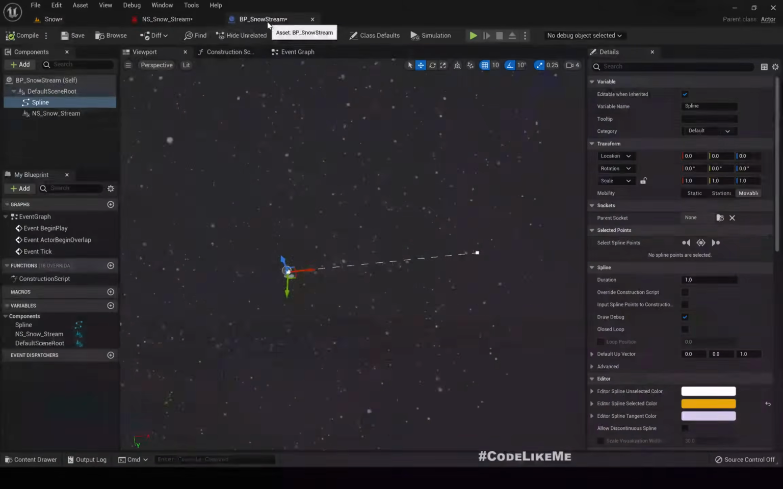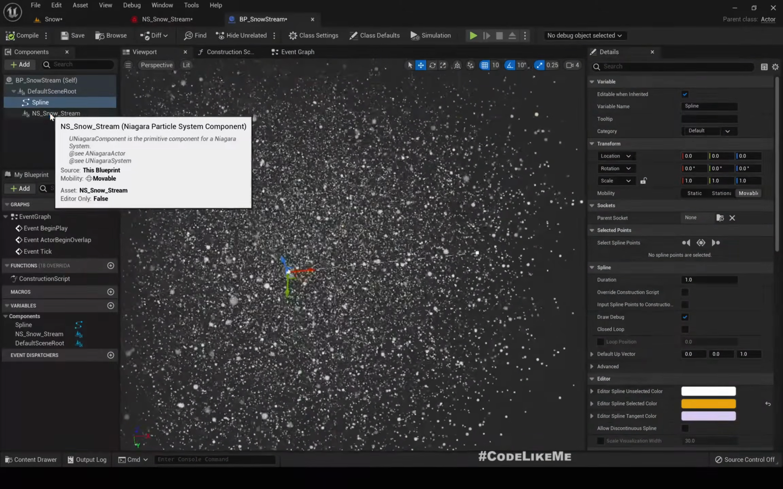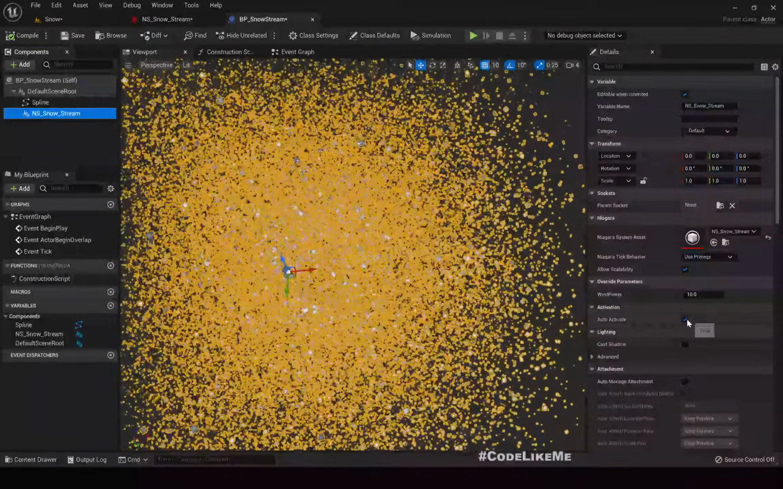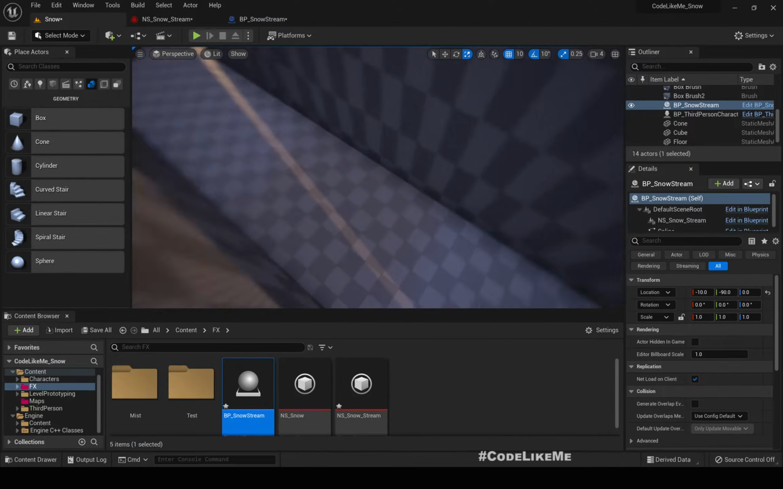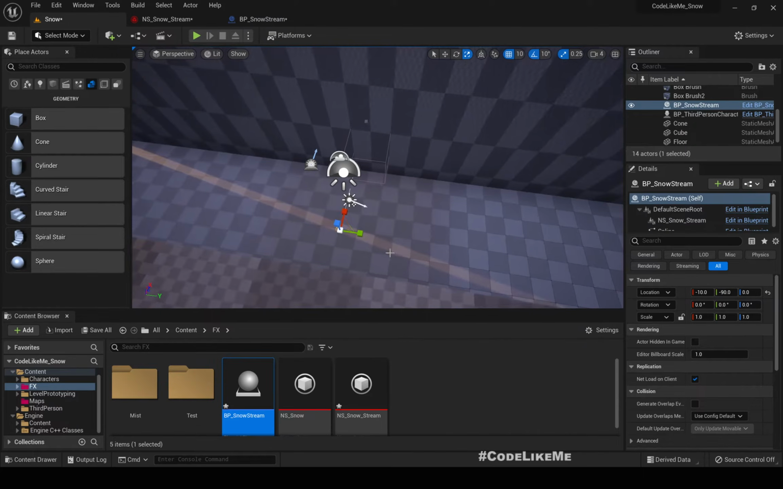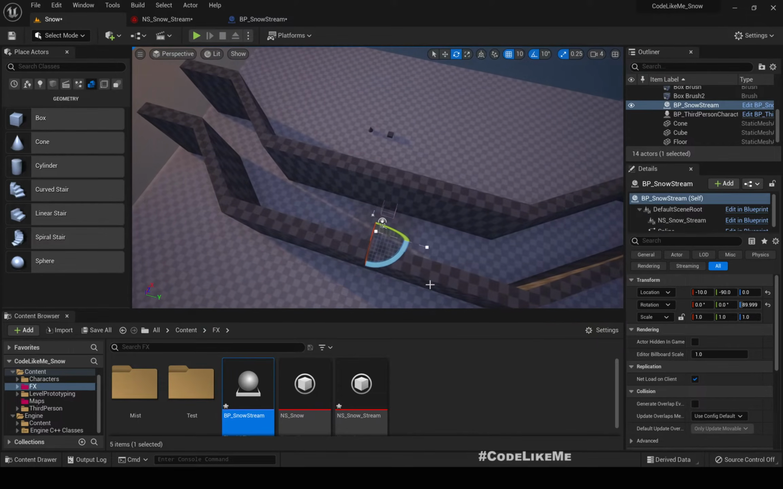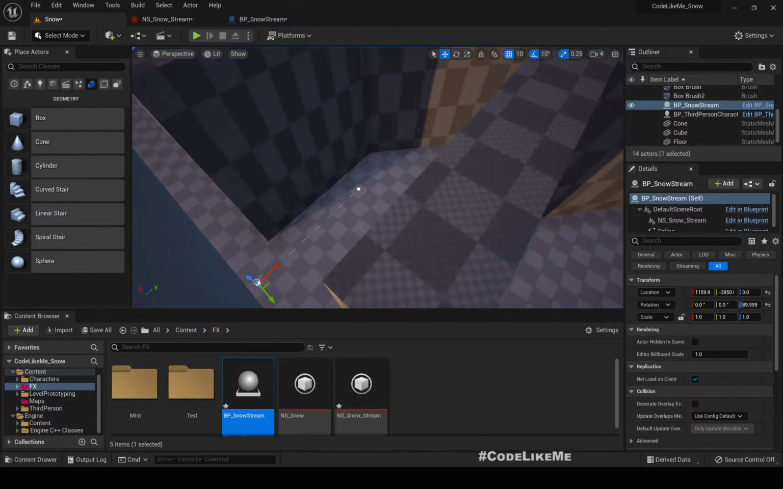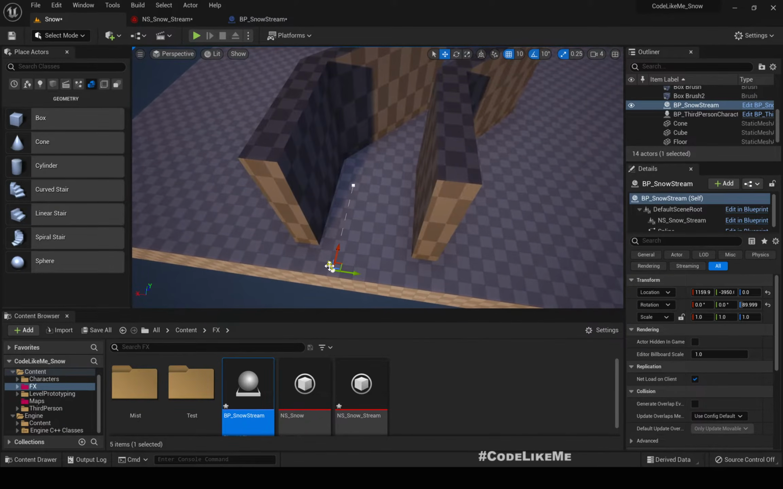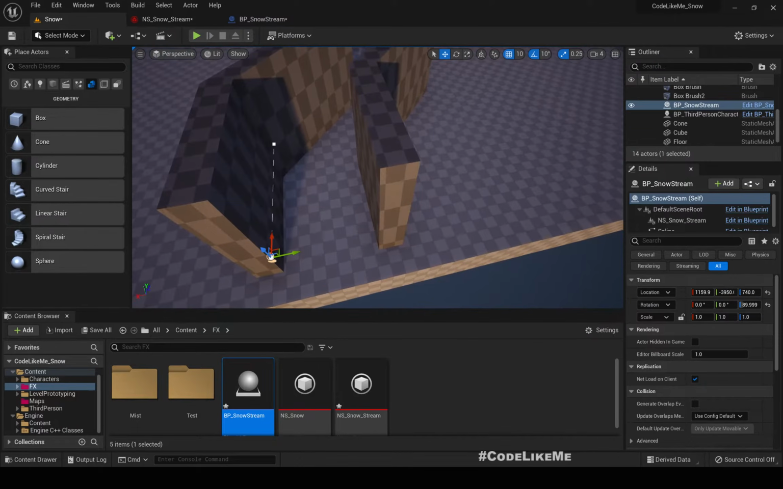and let me disable this snow stream here to make it easier for me to make the changes. Yeah, now here we have this spline. Let me place the blueprint here where the tunnel starts,